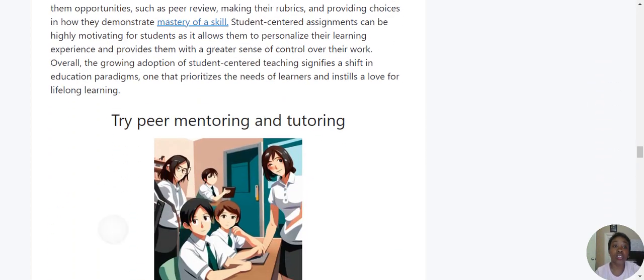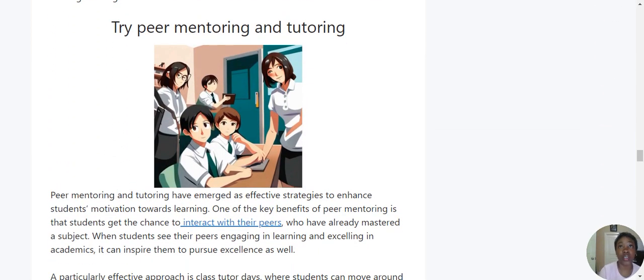Also, peer mentoring and tutoring can be so helpful because students are still very competitive. And when they see their friends doing well, and trying to talk sense out of them, sometimes the honest truth is they listen more to them than they will to us. And I think that is something to keep in consideration.